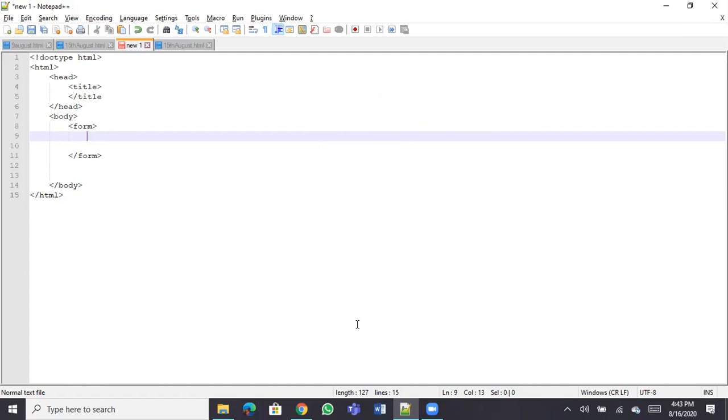Now within form, we have got one more tag by name input type. So I'm just going to ping you if you can just copy paste that. It goes within the form tag, between the form and close form tag. If you can just watch what Shreyans is doing, and then you guys can also do it.